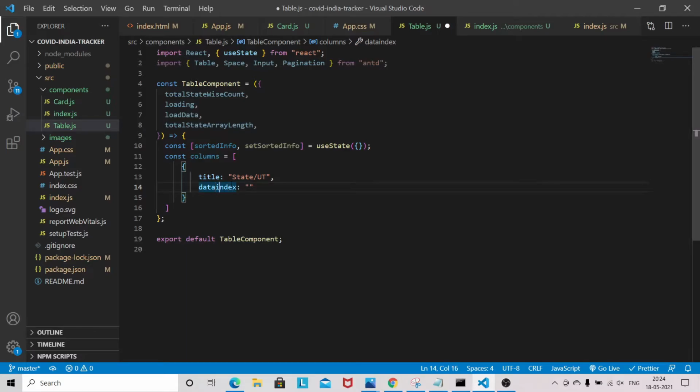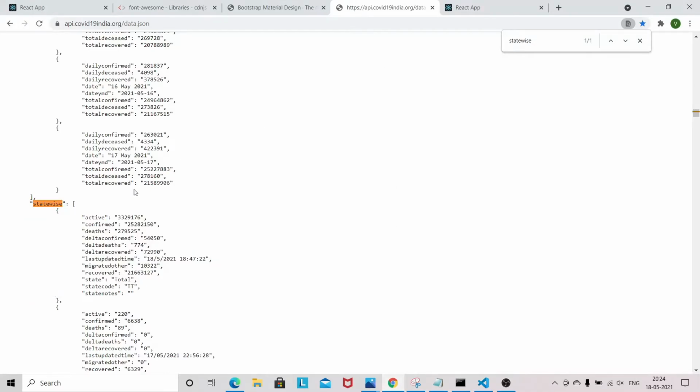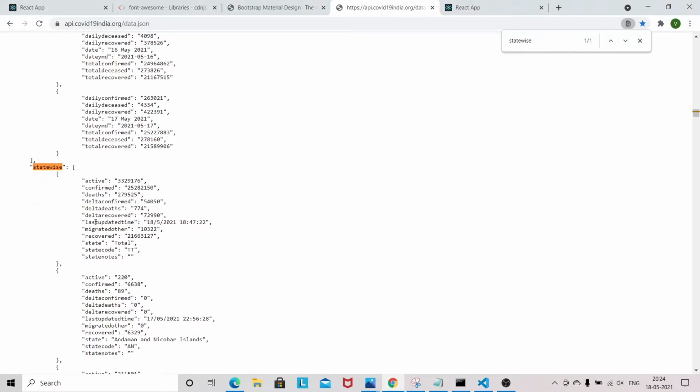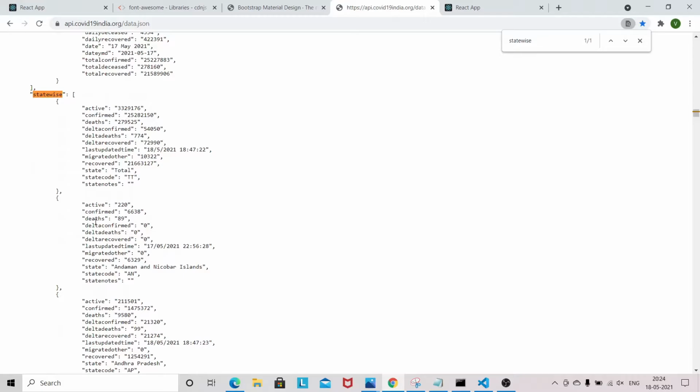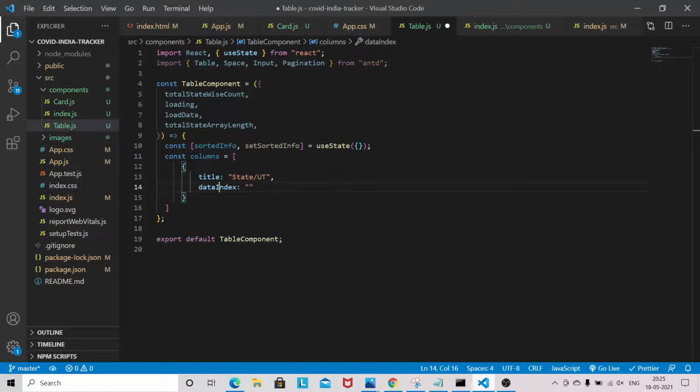What is data index? I'll show you. Since we are interested in the counts, this is the data index which we match with the column, so the respective count will display in the column. So we basically map with the data index.